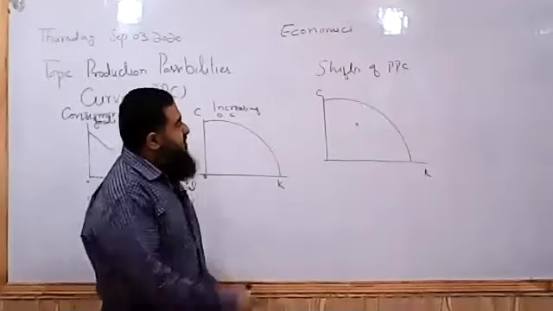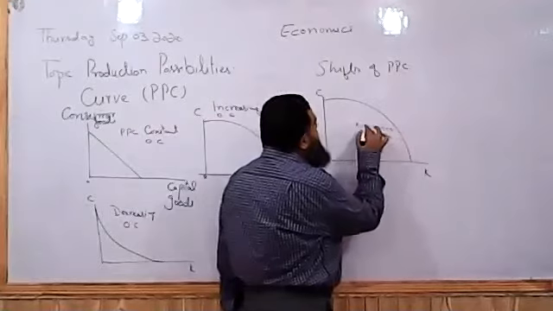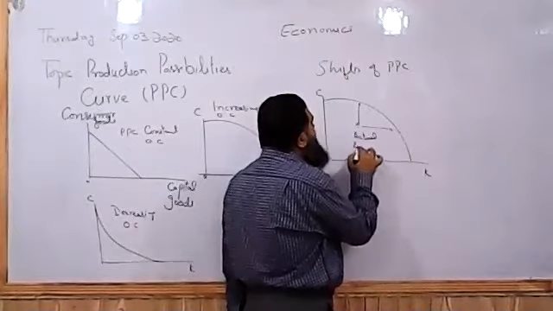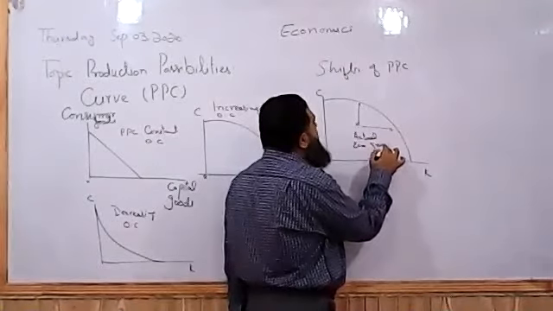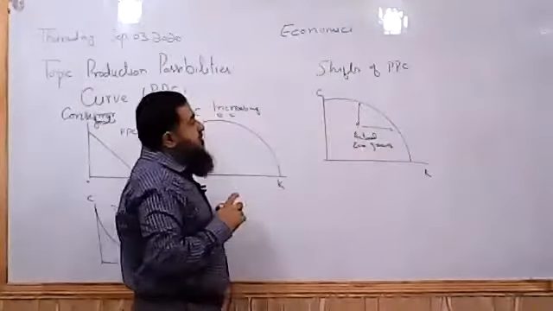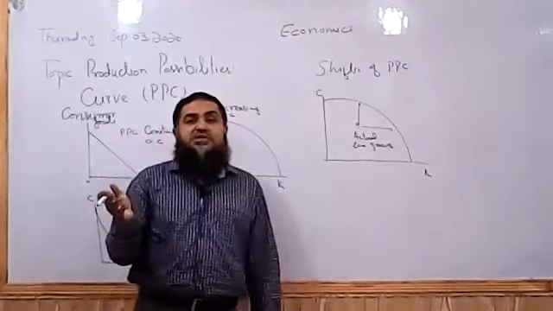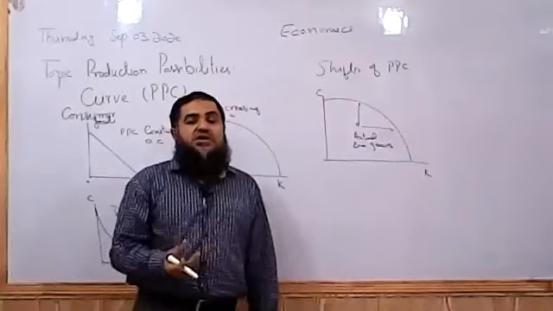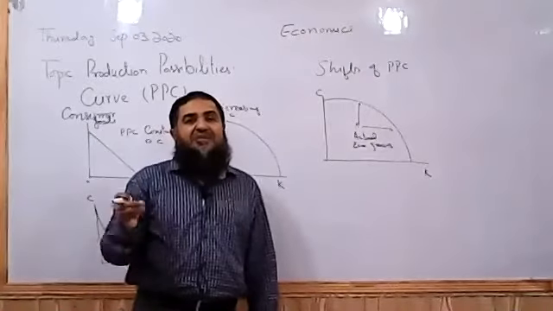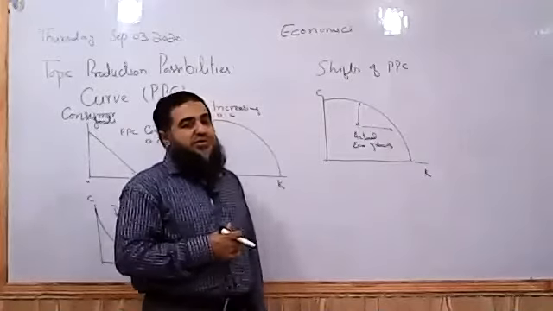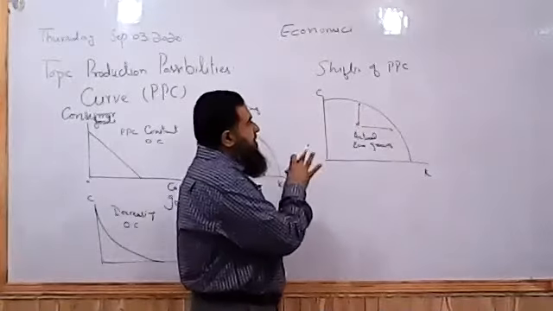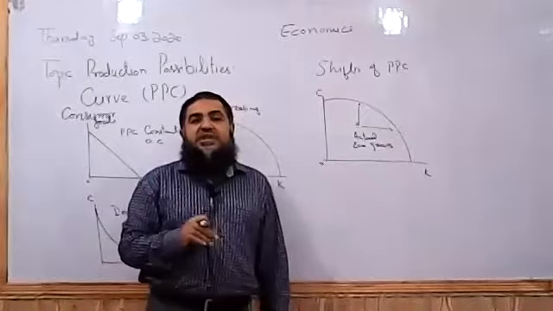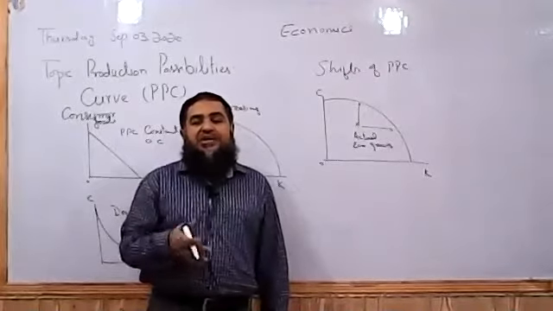So when the economy moves towards PPC from either side, we say actual economic growth is taking place. Actual means now we are employing the existing resources because of an increase in aggregate demand in the country. People are demanding more goods and services, so if we employ whatever resources are available, more could be produced. So this shows the resources, quantity and quality, haven't changed. What has changed? Previously they were unemployed, now they have been employed, so we are able to produce more goods.